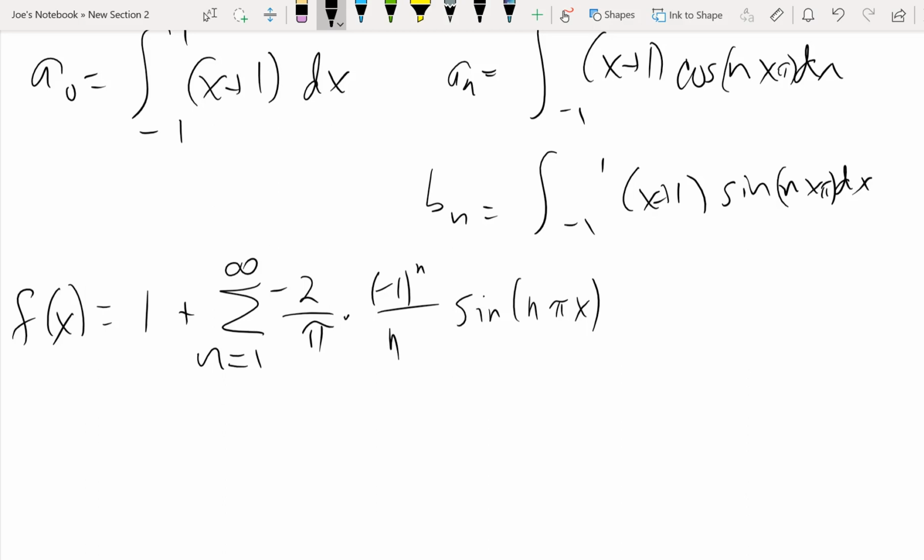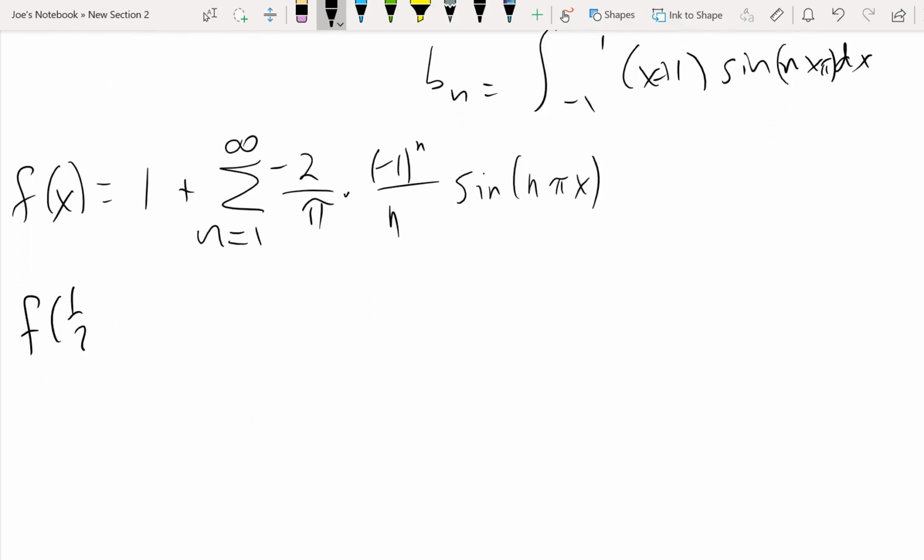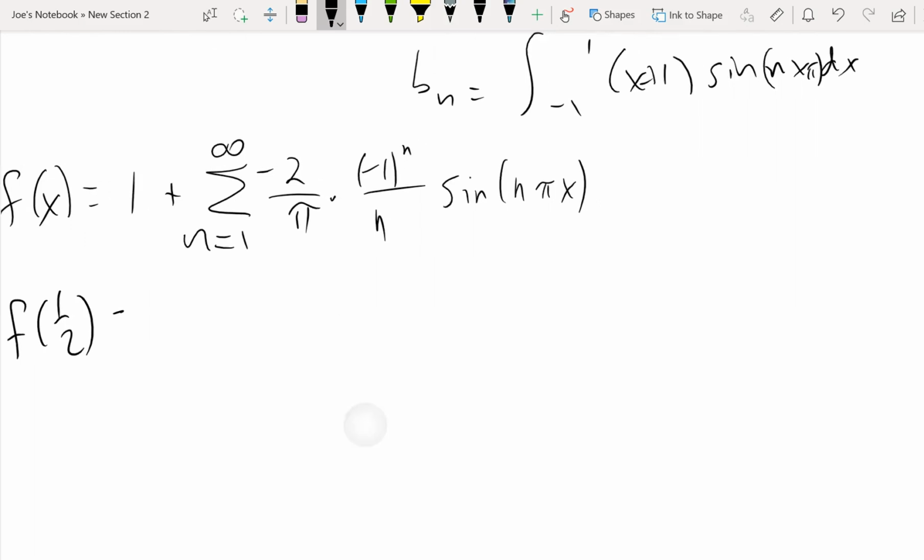So one value you might try to plug in is 0. Unfortunately, 0 is not going to be a very interesting example here because what's going to happen to this series if I put in 0 for x? I get 0, right? And the only equation I get would be f of 0 equals 1, which I already know, because f of x was x plus 1, right? However, let's try to put in a different number. Let's say I put in a half for x. F of 1/2 by the function definition is 3/2, right? Right? If I plug that in the right-hand side,